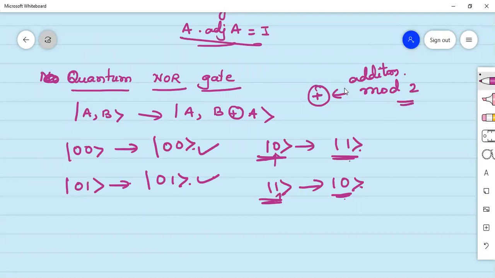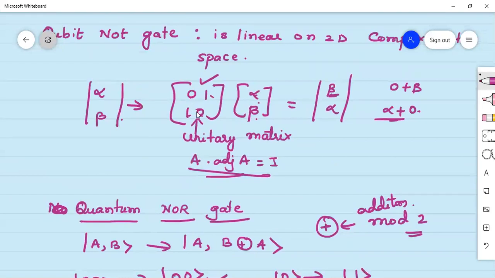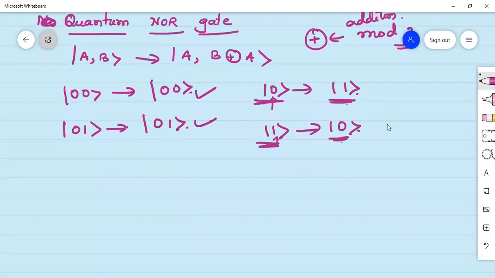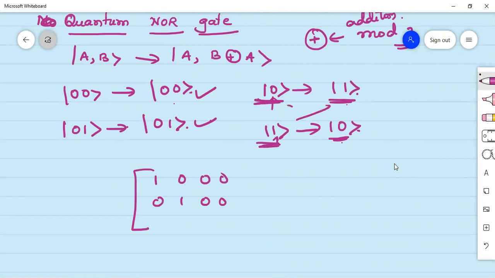So how can I describe it? As we saw here, we need a unitary matrix. So describe a unitary matrix for this. Very simple. To describe the unitary matrix, the first one remains as it is. The second one also remains as it is. But the third state and the fourth state will invert. So since they invert, I'm not going to write 1 here, I'm going to write 1 here, and I'm going to write a 1 here instead of the fourth place. Okay, so this is the gate.